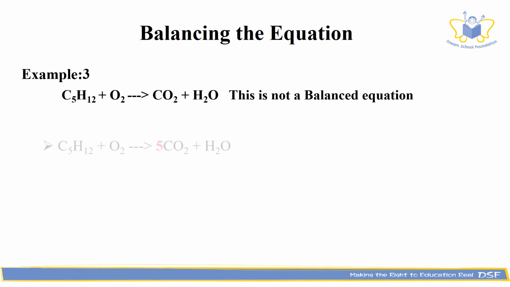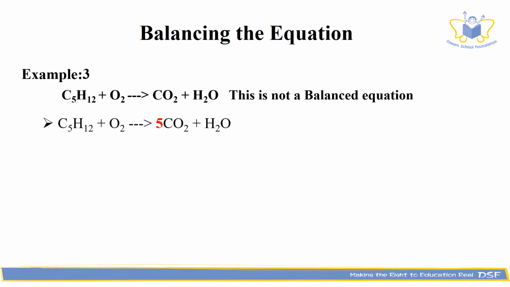Put a 5 as coefficient in front of the carbon dioxide on the right hand side. Secondly, there are 12 hydrogens on the left but only 2 on the right hand side. And hydrogen is in a single species on each side. Now, when we put 6 in front of water on the right hand side,